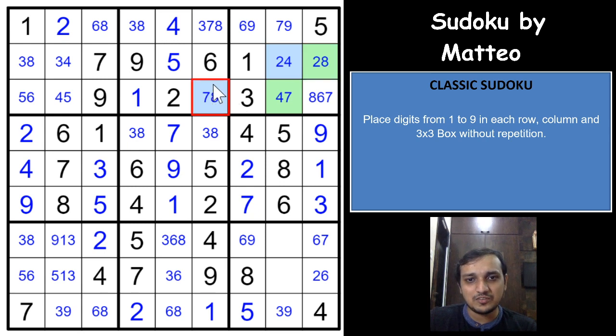So one of the digits from this cell is used here, one of the digits from this cell is used here, one of the digits from this cell is used here, and one of the digits from this cell is used here. It's kind of a chain. 7 8, 4 7, 2 4, 2 8, it's kind of a chain, right? And which means that both of these cells are not seeing each other, and the common digit in these two cells is an 8. So whatever cells see both of these cells simultaneously won't have the digit 8.